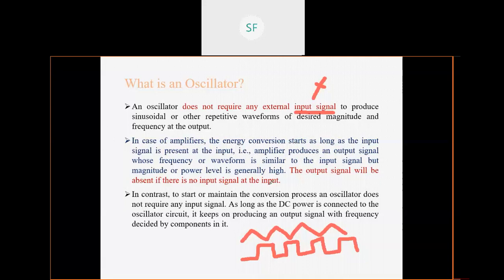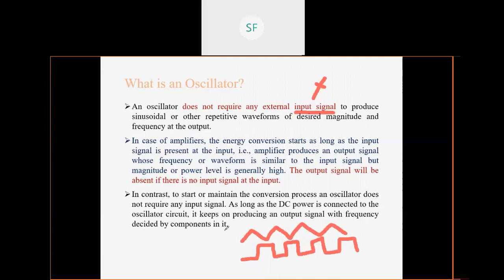If no input is given to the amplifier, then the output signal will also be 0 in the case of an amplifier. But in contrast, to start or maintain the conversion process, an oscillator does not require any input signal. As long as DC power, nothing but VCC, is connected to the oscillator circuit, it keeps on producing an output signal with frequency